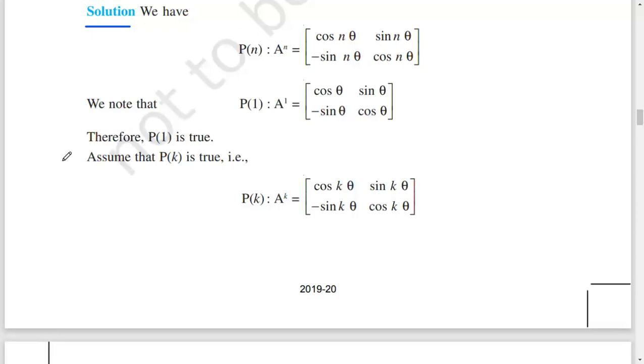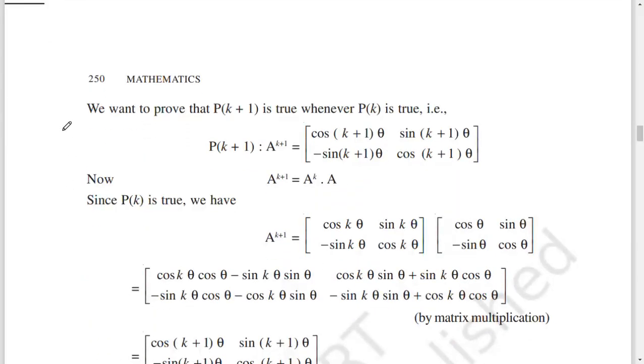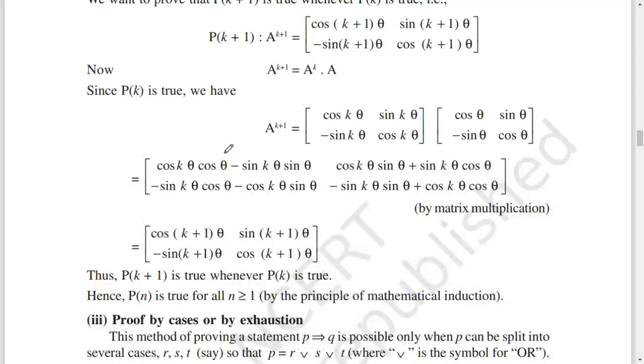Assume that Pk is true, that is Ak = matrix [cos kθ, sin kθ; -sin kθ, cos kθ]. We want to prove that P(k+1) is true whenever Pk is true, that is A(k+1) = matrix [cos (k+1)θ, sin (k+1)θ; -sin (k+1)θ, cos (k+1)θ]. Now A(k+1) = Ak into A. Since Pk is true, we have A(k+1) = matrix [cos kθ, sin kθ; -sin kθ, cos kθ] into matrix [cos θ, sin θ; -sin θ, cos θ]